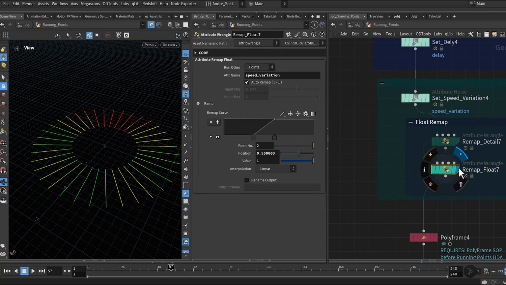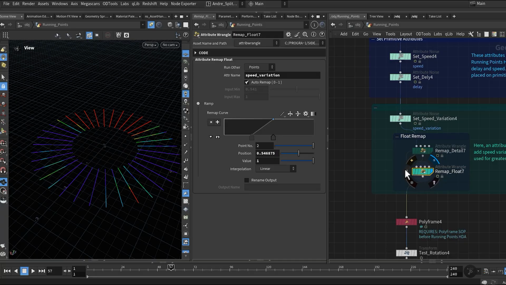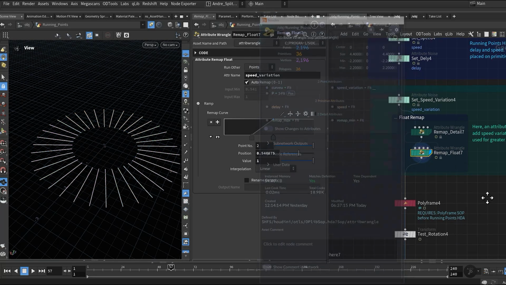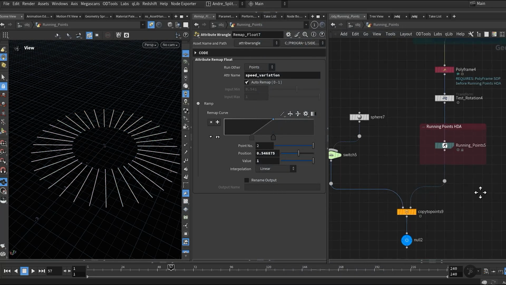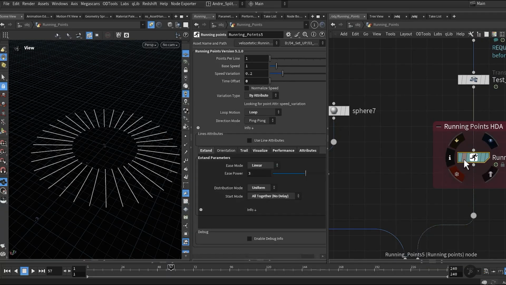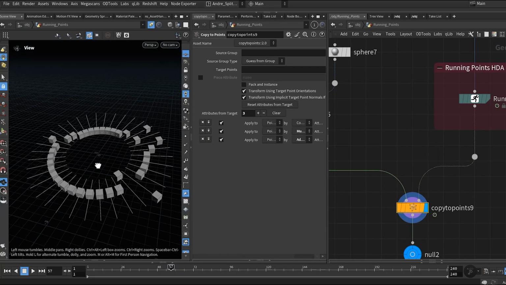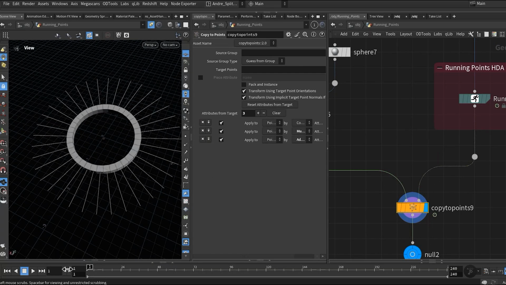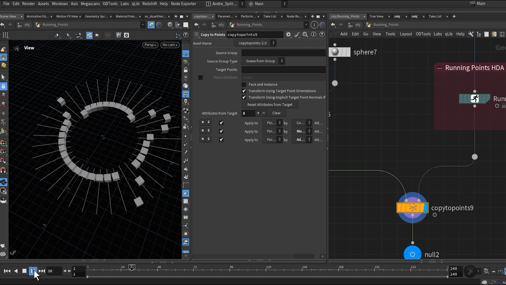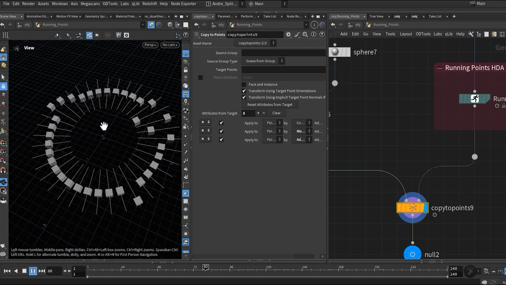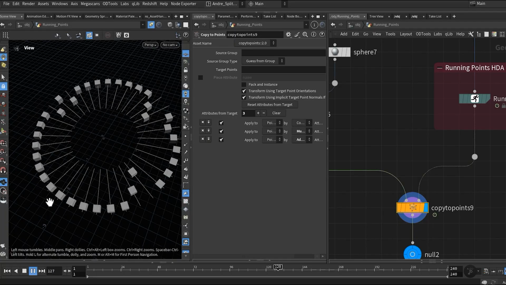And here I just contrasted it a little bit. Now you can see part of the points moving faster and part of them slower.